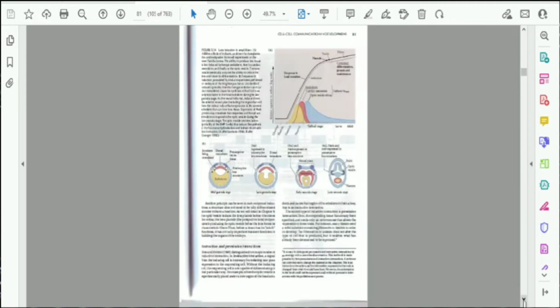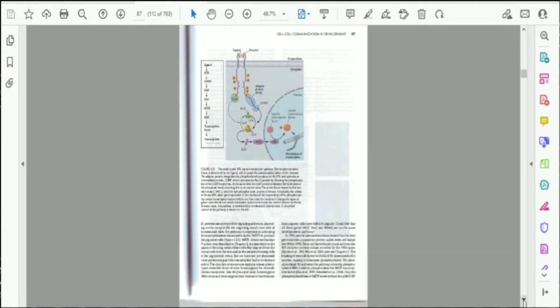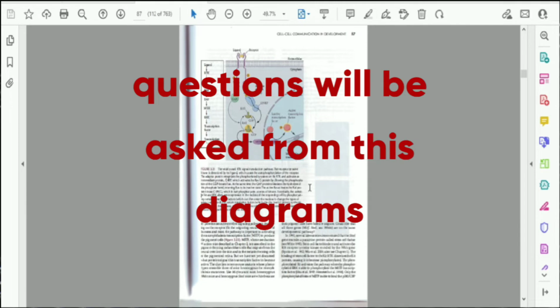But my personal suggestion: I didn't study all those pathways. If you want to study, just study this picture alone, because sometimes they will ask this particular picture and remove GNRP and RAF. They'll ask what will come in this, fill in the blanks like that. If you're not able to study all those things because we have only a short period of time, study only this diagram. This diagram alone is sufficient.